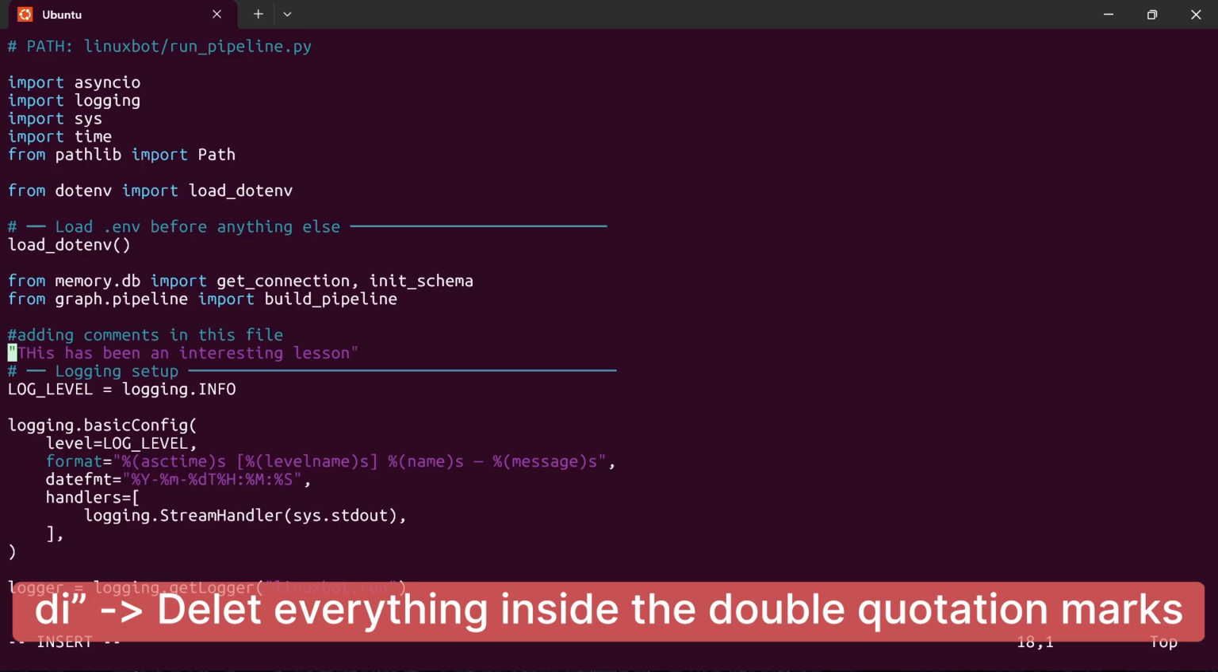So let's do d. Okay, so let me go back to the normal mode. Again, you're going to forget this a couple of times. Remember, when you're giving instructions, you have to be in the normal mode. How do we do that? We just press on the escape key, di, and then I'm going to delete everything inside those double quotation marks. And when I do that,